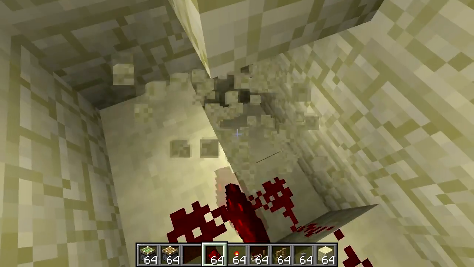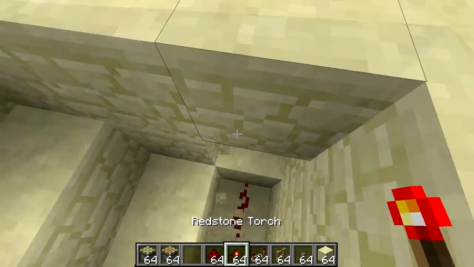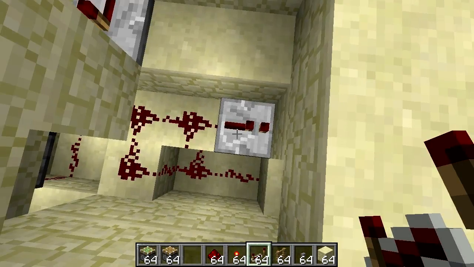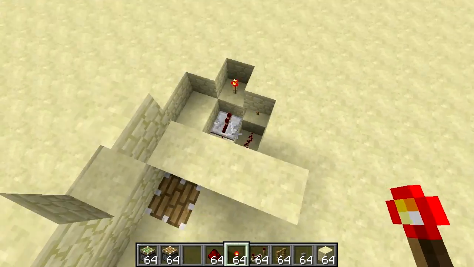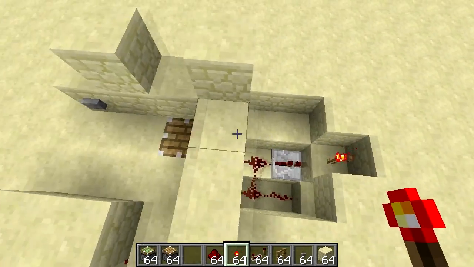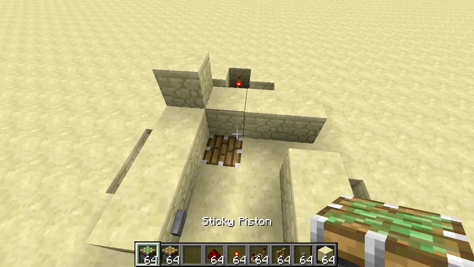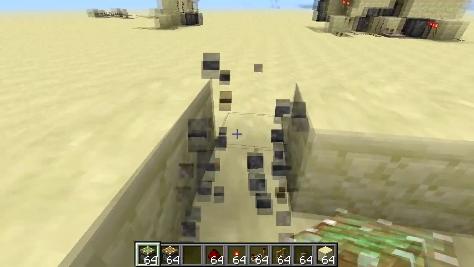Now connected to this, we are going to have some extra redstone, and that is going to go into a redstone torch. This one, however, is going to be a repeater. This is going to go into a redstone torch. Alright, so that's basically the wiring around the back done. Pretty simple and easy. Now I'll show you guys how to build the fence part that pulls out the fences,